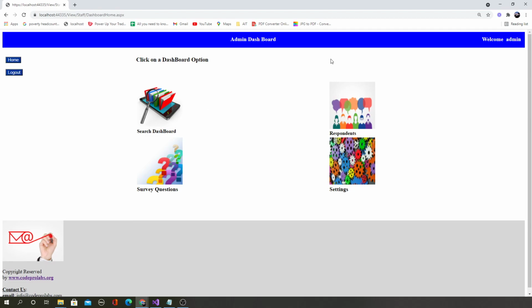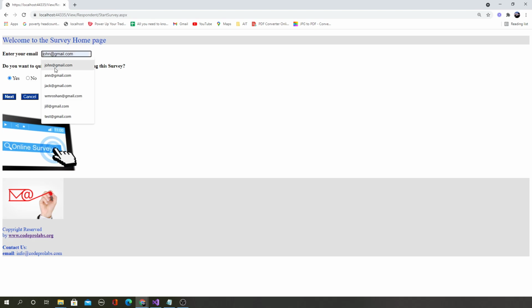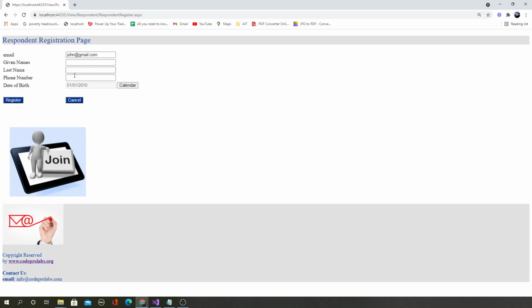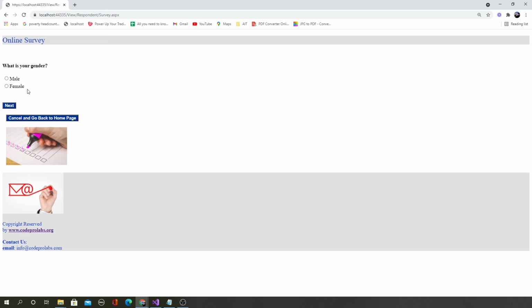If I log out, and then a normal user comes to the home page, a normal user can start taking the survey. A user can register if needed, or if not, a user can take it anonymously. Let's say this is the test2 user. If the user says no, I don't want to register, and says next, then the survey will start